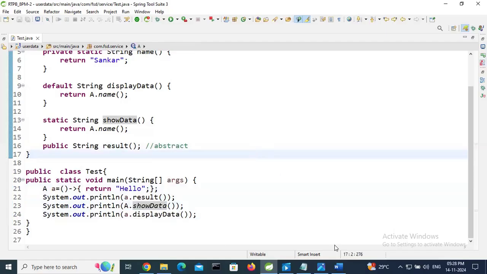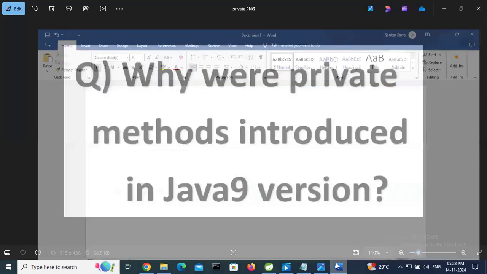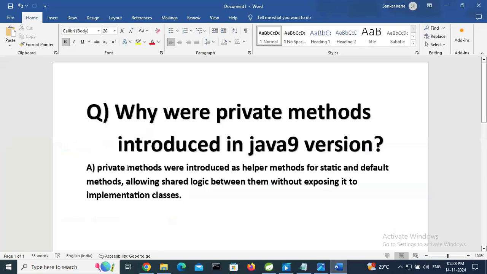So in this video, we successfully understood why private methods were introduced in Java 9. See, read here. Pause the video and carefully read. Private methods were introduced as helper methods for static and default methods, allowing shared logic between them without exposing it